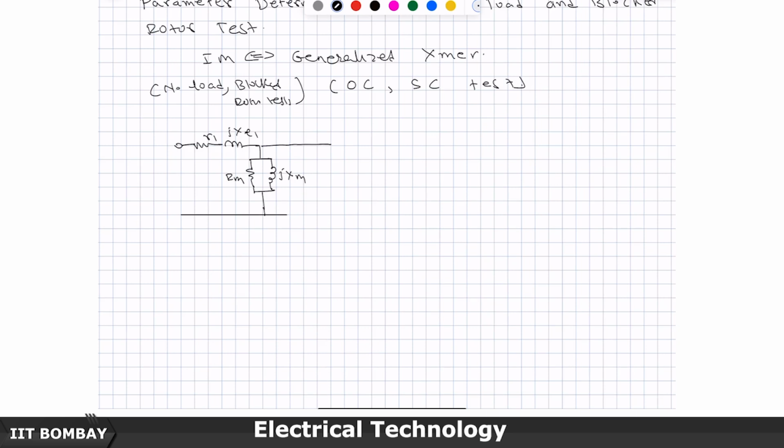And this side the rotor, which goes through the air gap, you have R2 dash by S, jX2 dash. What is dash? Referred to primary, I mean to the supply side, primary. So, this side is our secondary,